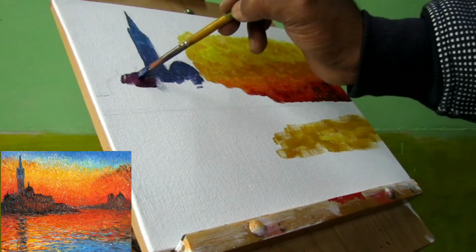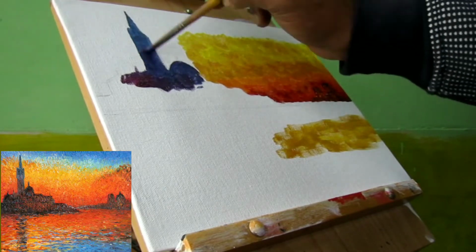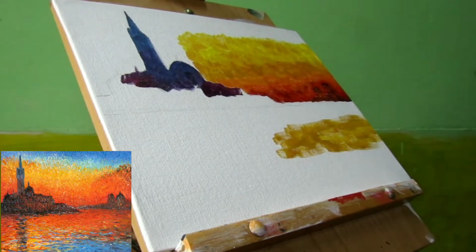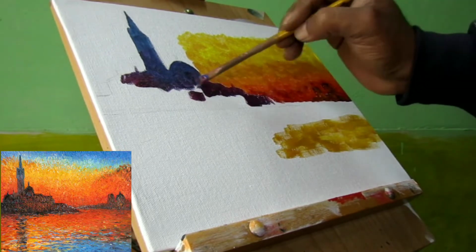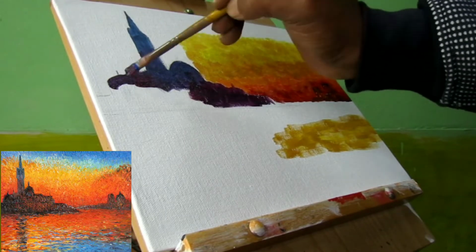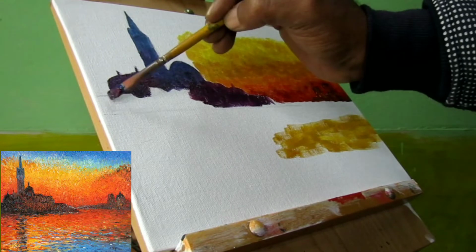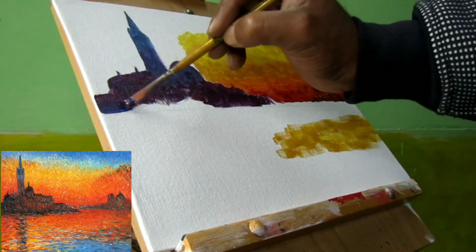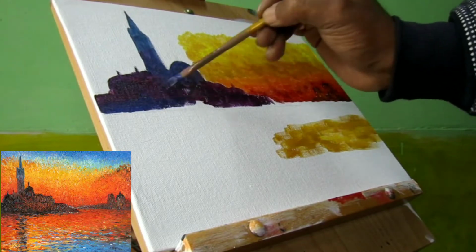Monet later claimed that he wished to share the experience of a blind person suddenly granted the power of sight. San Giorgio Maggiore at Dusk is a prime example of Claude Monet, also occasionally referred to as Sunset in Venice, was painted in the